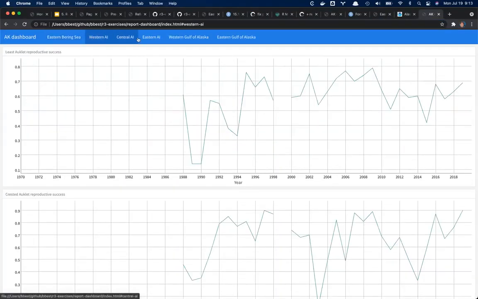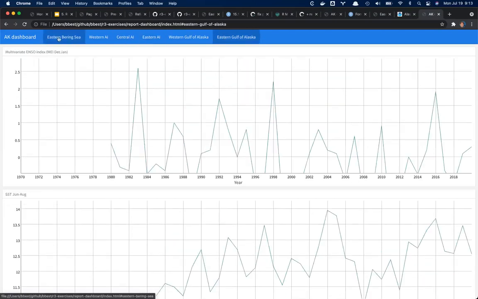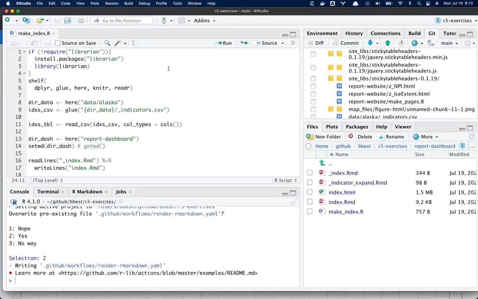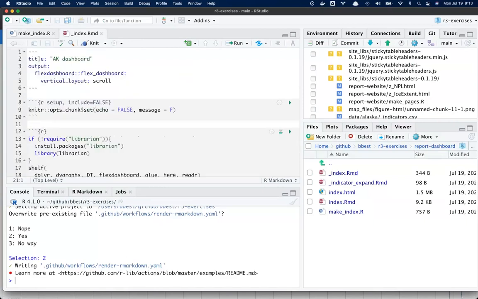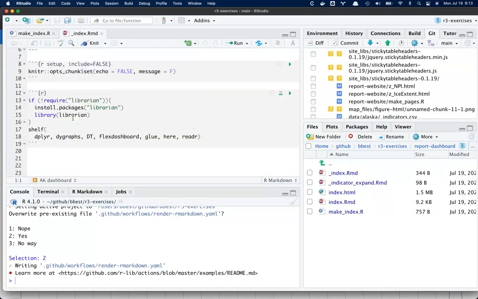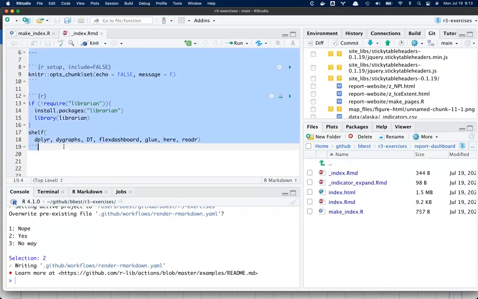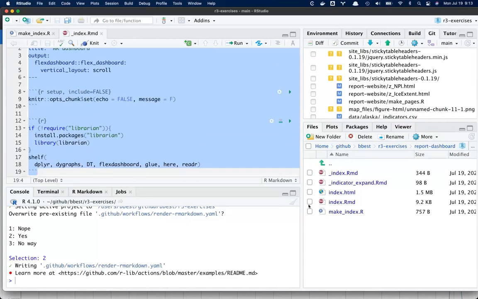So it's creating this whole Flex dashboard, and the way it's doing that is this underscore index. I underscore it because when you sort it, it tends to put it at the top. So I like that. This is the first part of this R Markdown,